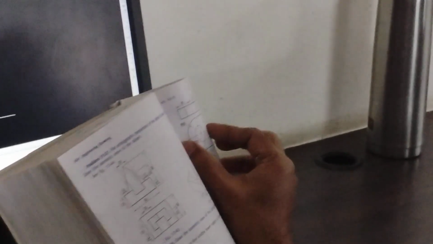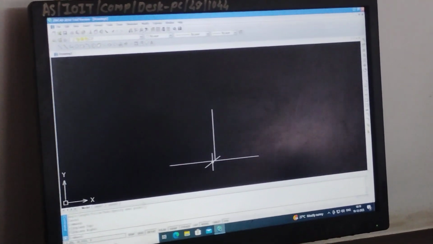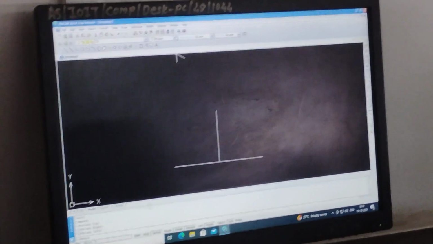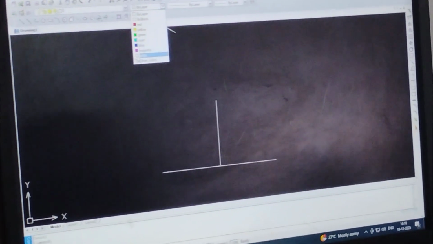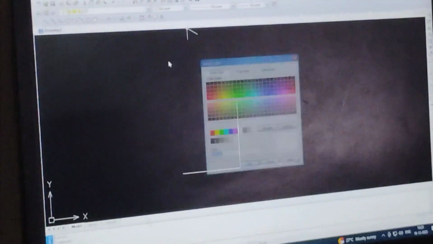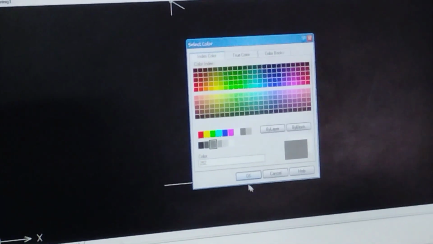Total length, total height, you can check. So let me know what is the total length. I will be changing the color here to draw the box. How much is the total length?